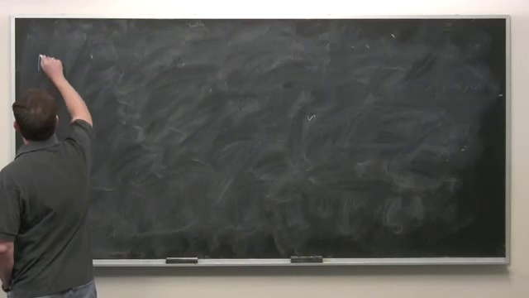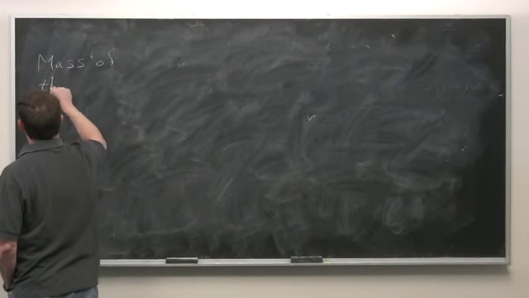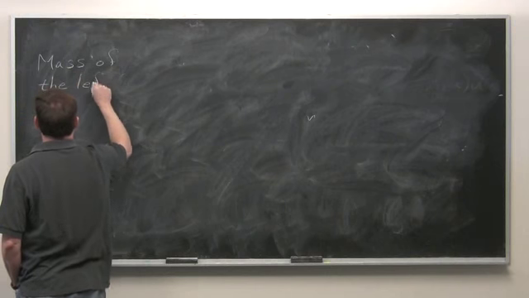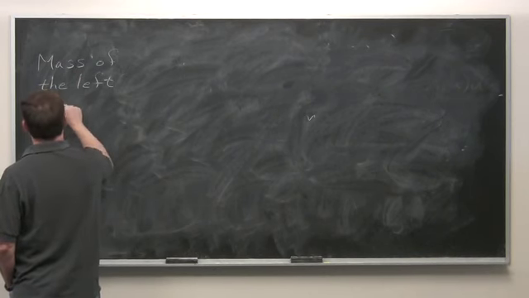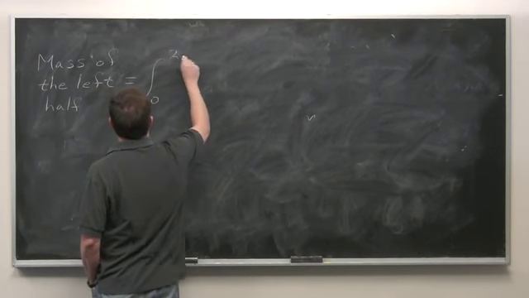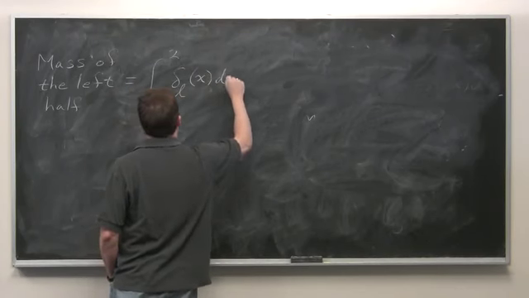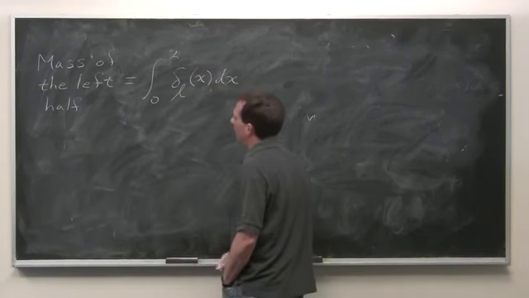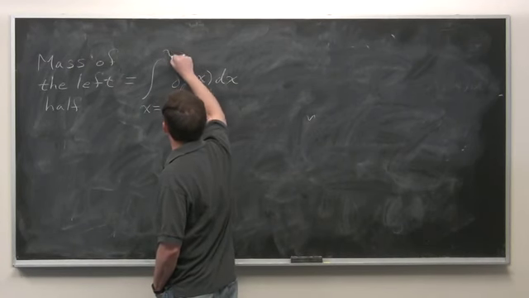So the mass of the left half. I mean half in terms of distance, certainly not half in terms of mass. Mass of the left half. This will be the integral as x goes from 0 to 2 of your length density times little chunks of length. Right? I guess to be consistent with writing it in pieces like I was doing before, I would first write,